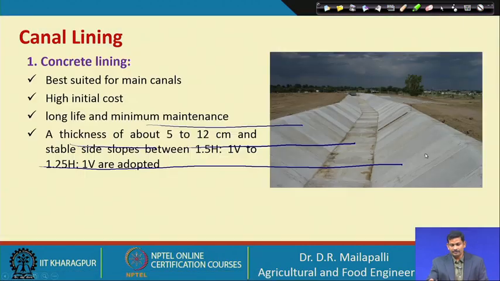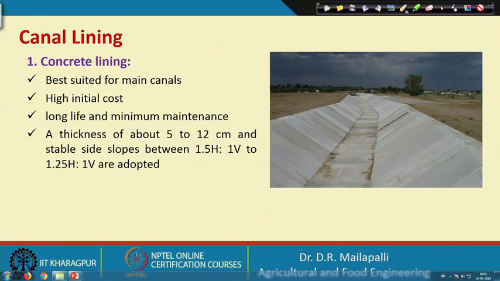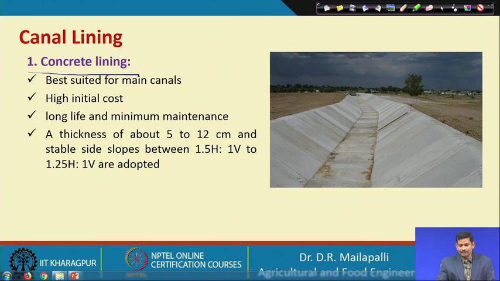And then the next is canal lining. We are going to see the different types of linings available in canal irrigation. So, here, if you see, this is a concrete lining. The picture clearly depicts how concrete is being used to line the irrigation channels or canals, and this is the best suited for main canals